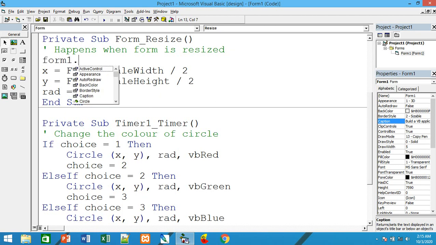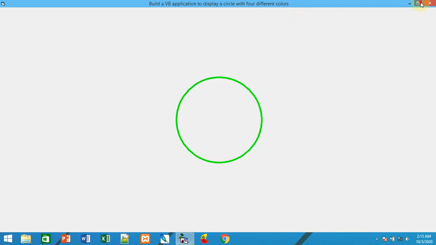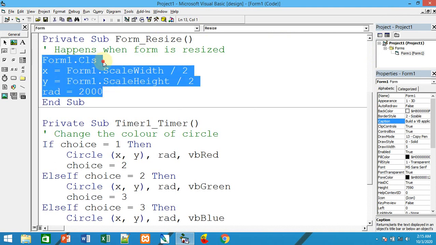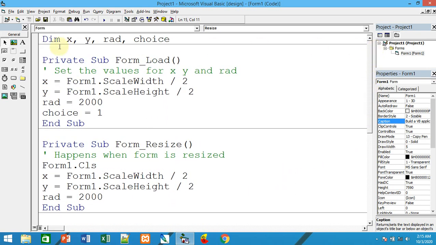So you have to use Form1.Cls, which clears the form, it clears the painted things. So for the resize you need to do this. Clear the form first, next x is equal to Form1.ScaleWidth divided by 2, y is equal to Form1.ScaleHeight divided by 2. So this is the code.